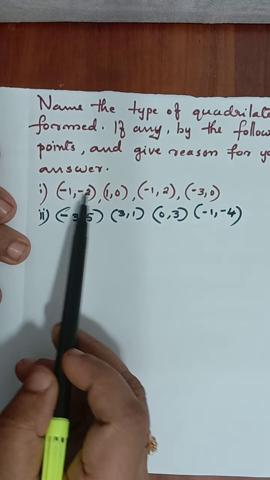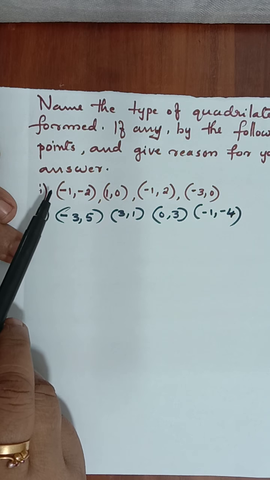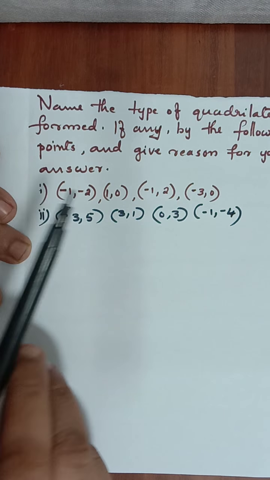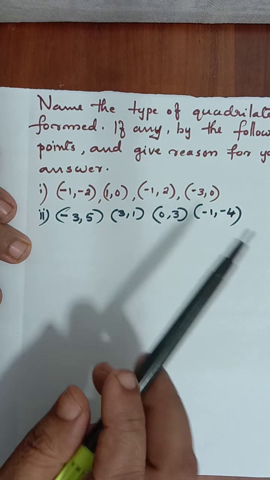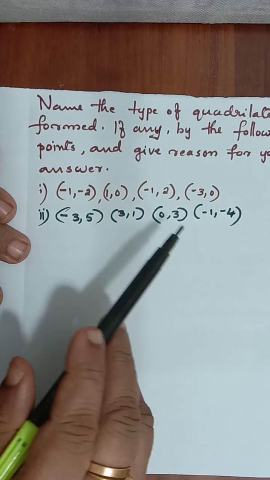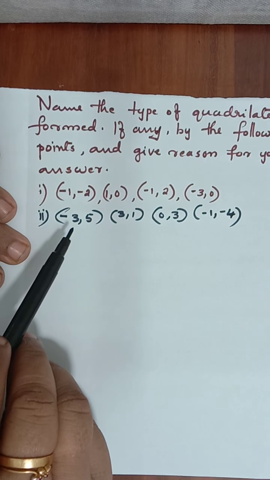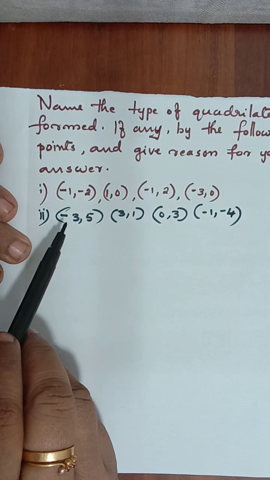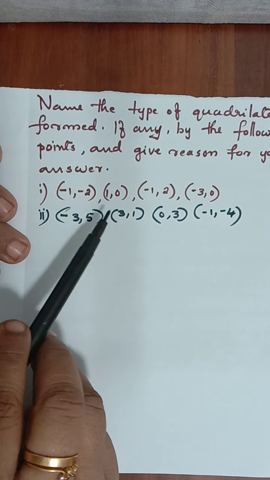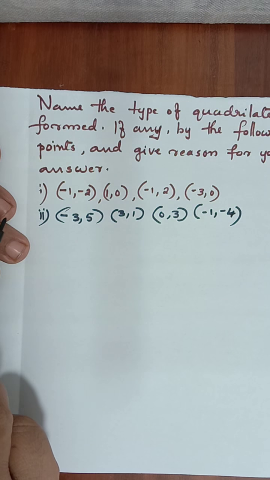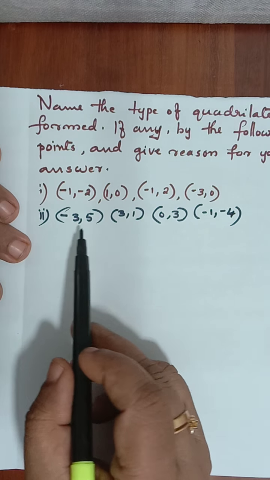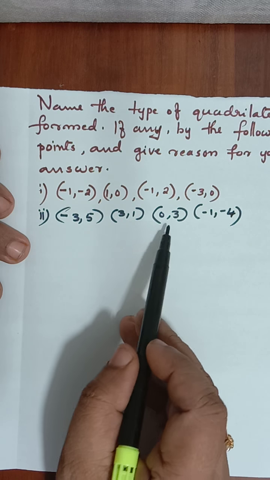Same way, here 4 points are given to us. Let us consider them as A, B, C and D. Find out what is AB, BC, CD, DA and also its diagonals AC and BD. Then you have to come to a conclusion whether the sides are equal and diagonals also equal, therefore whether it's a square or not. In the first case you will be getting a square. It's a very simple question, so you have to do it as homework. Let us move on to the second question. These are the points given to you.